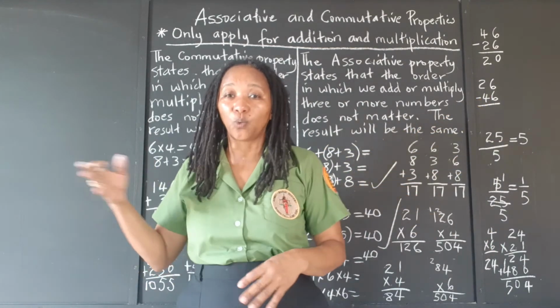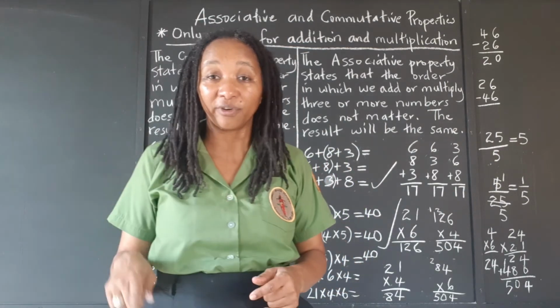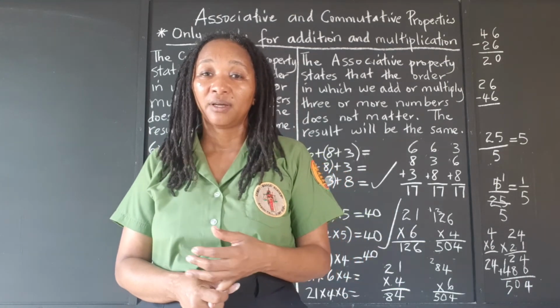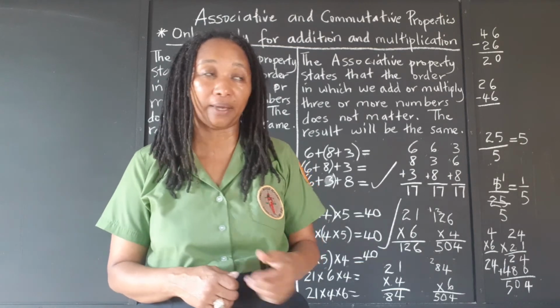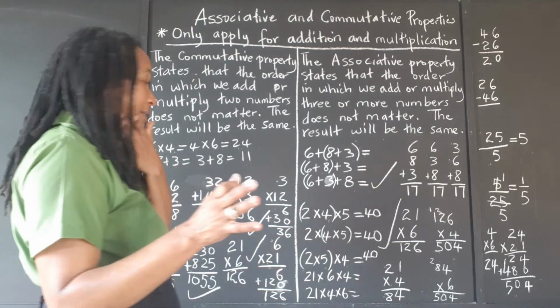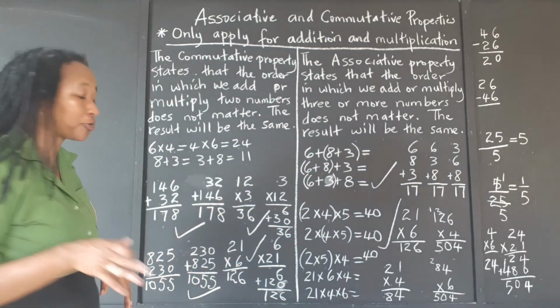We also proved that these properties do not apply to subtraction or division. If you subtract one number from the other, you will not get the same answer if you reverse it. If you divide one number by the other, you will not get the same answer if you reverse it. Okay? So, unless they are identical, unless it's 4 divided by 4, or so on. So, to recap,